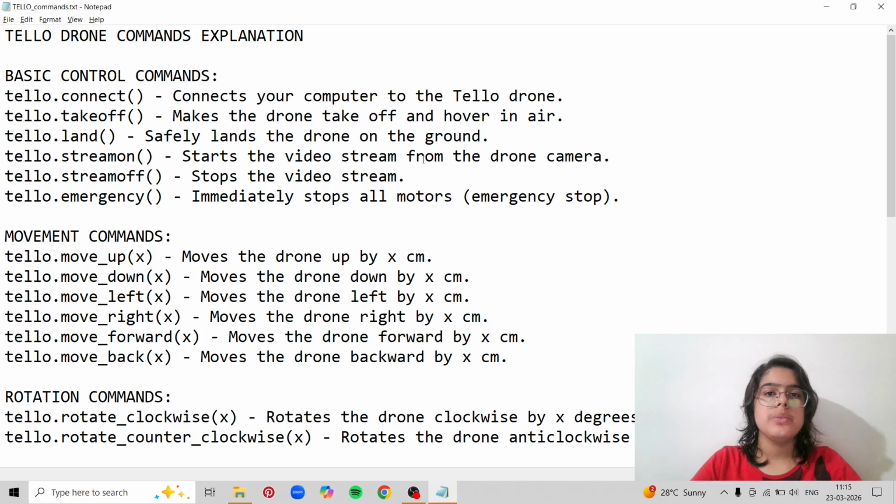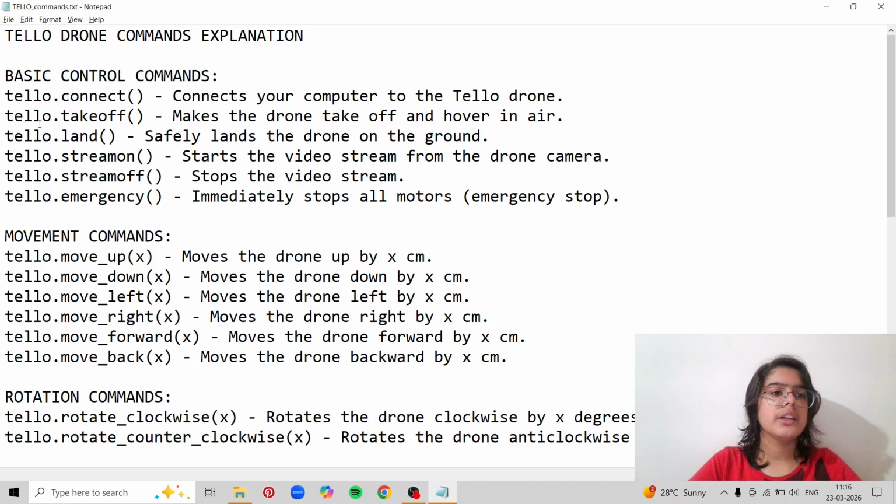So in my previous video, I had shown you the basic telodrone functions, which was telo takeoff, telo land, and right and left. So in this video, I'll be showing many commands, from the basic commands to the advanced commands. So let's see all of the commands one by one. I won't be showing these commands on the actual drone, but you can use these commands for your telodrone.